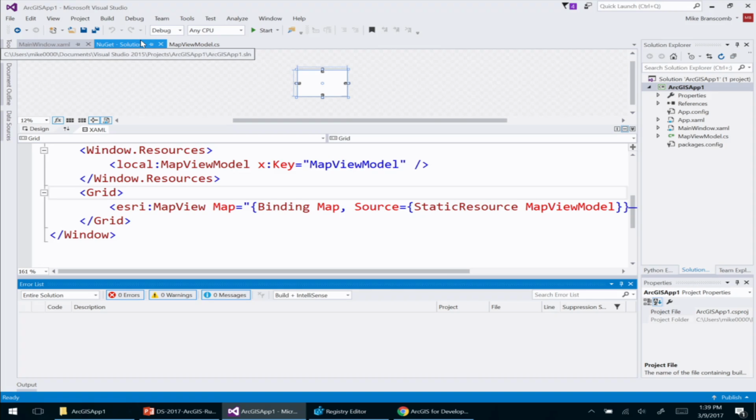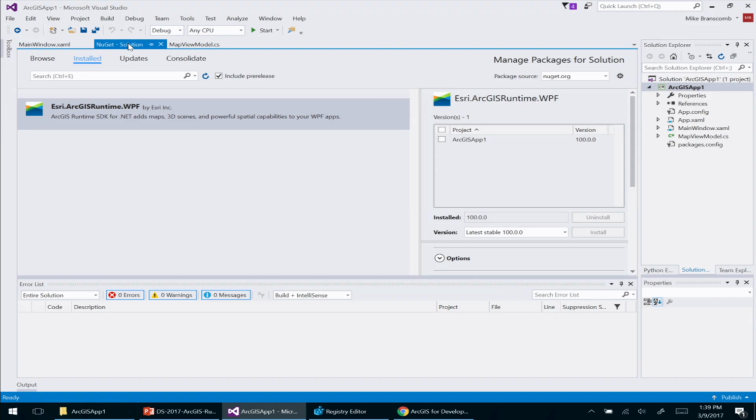If we switch to the NuGet package manager for this solution, you can see that I've already referenced the WPF NuGet package here. But what I also want to do is reference the local services package. So the API for actually working with a local server and working with local services within the .NET SDK is a separate NuGet package. That means in here, if I search for local server,